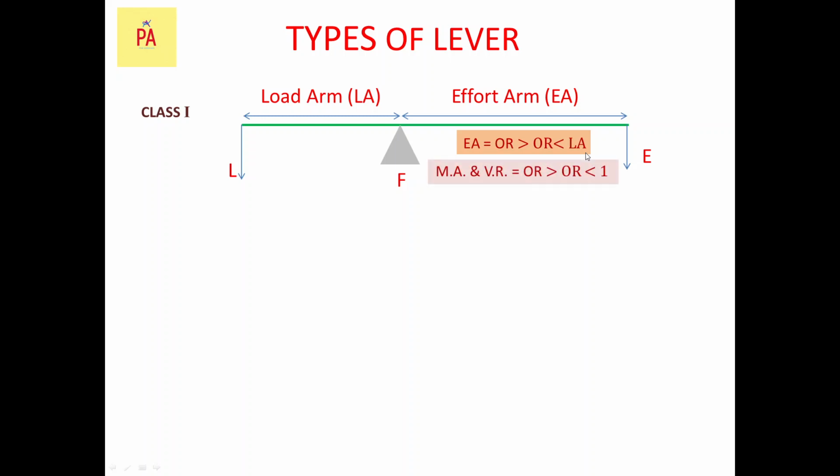Now if these are the cases, then mechanical advantage and velocity ratio will all be in the same way, equal to, more than or smaller than 1. If you go through the equations of mechanical advantage and velocity ratio, you will find these tally with these things. That means these will all be equal to, more than or less than 1. We have also given this formula, how we are getting mechanical advantage: load by effort, EA by LA. Even for velocity you will get DE by DL, where you will find these things are valid.